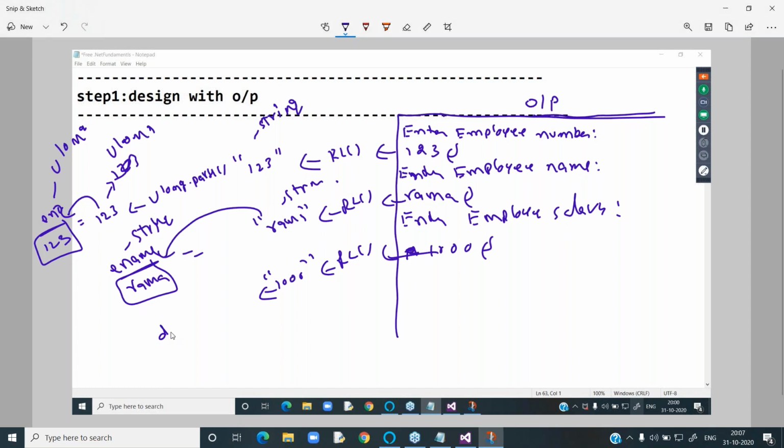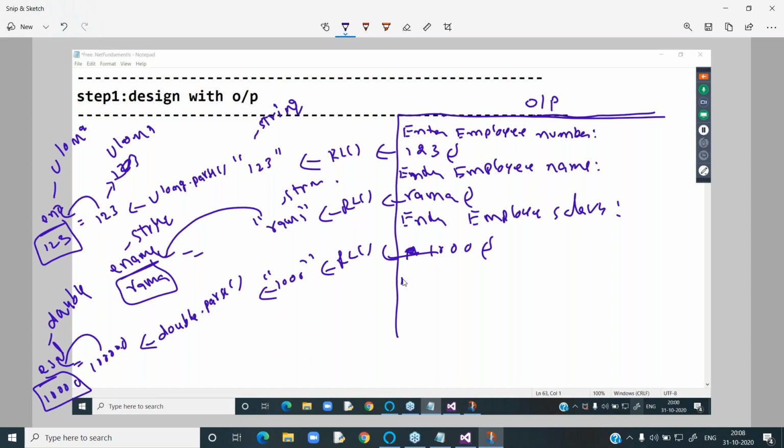Then we can say double.Parse. It converts into 1000.0. That is ESAL, and the type is double. The assignment is 1000.0.